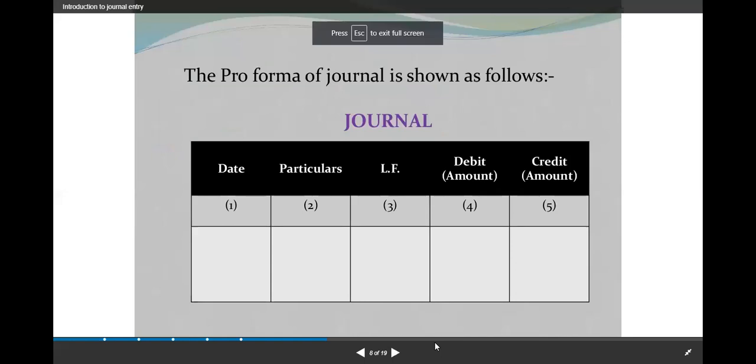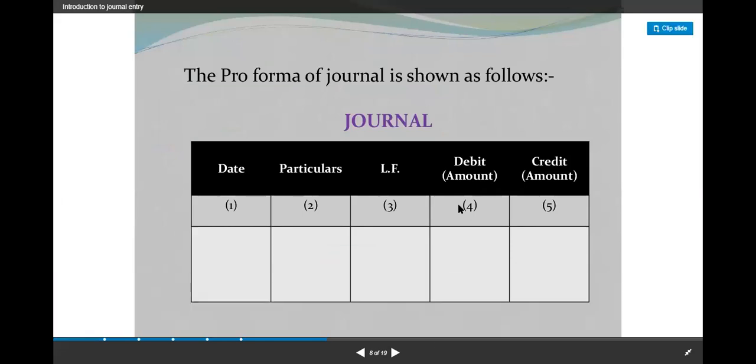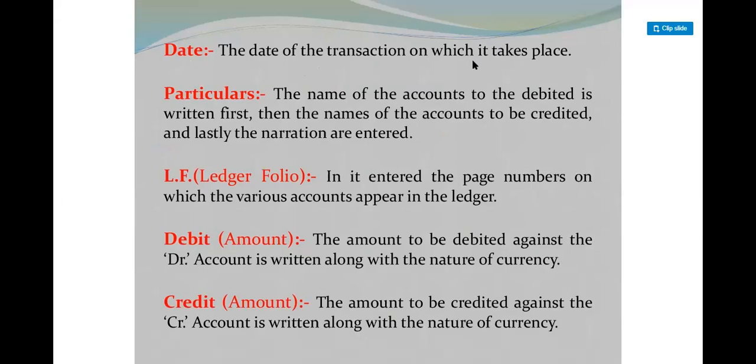As per the discussions earlier, we have started our chapter journal. You all know about the performer of journals. Now these are the things that we will be writing up. First one is date, the date of the transaction on which it takes place. That means any transaction is there, you have to write your transactions day wise according to the date in chronological